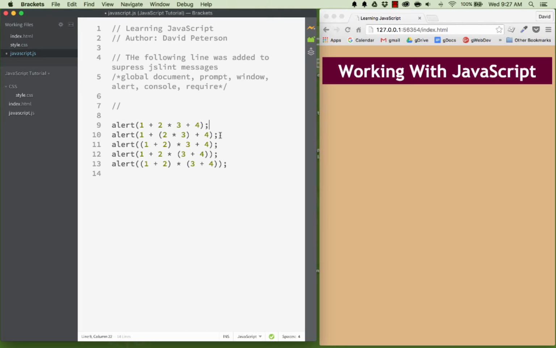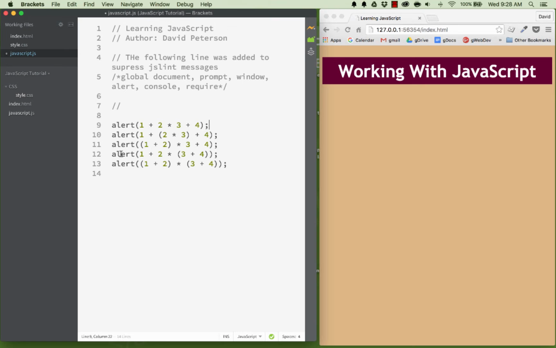And we call this math clarity. It's making sure that we visually represent what we intend for the formula to do. Things can get very complicated, and it's always good to put parentheses, sometimes even when it's not necessary. You can see that line 11, I say I want to multiply 3, which is 1 plus 2, times 3